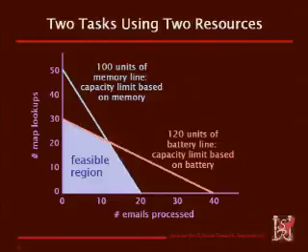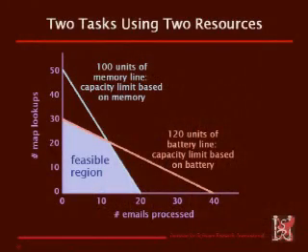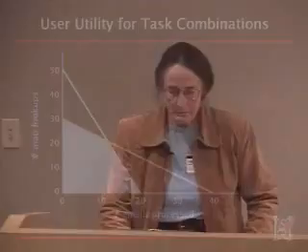I also know that doing these things is going to consume battery life. I'll have enough battery life to do 40 email process responses if I don't do any map lookups, or 30 map lookups if I don't do any email, and I can pick other points along here. And so that means there's no point in attempting to load 50 map lookups and no emails because I've only got enough battery to do 30 map lookups. And so the situations that I ought to consider are in, guess what, the feasible region.